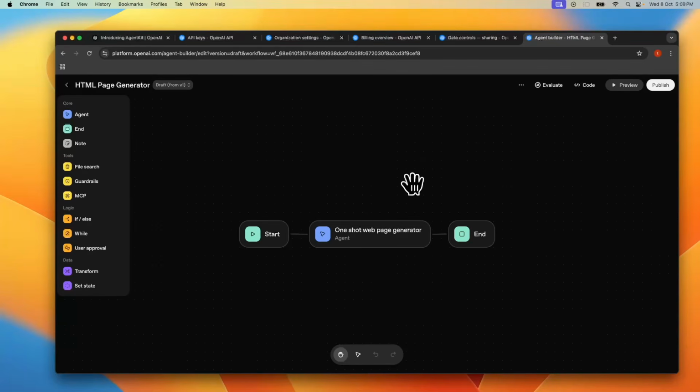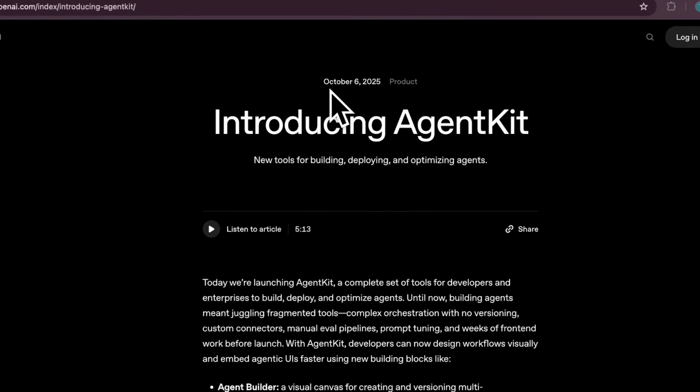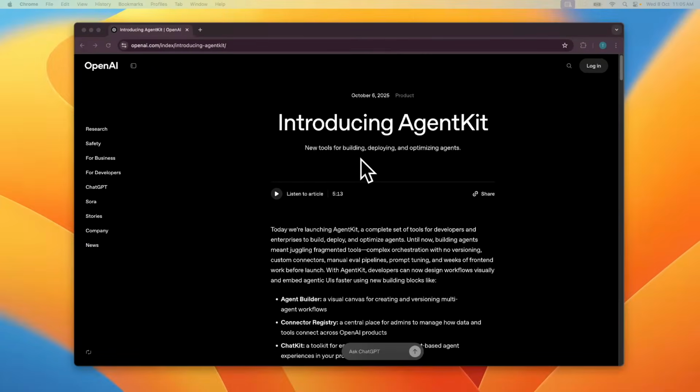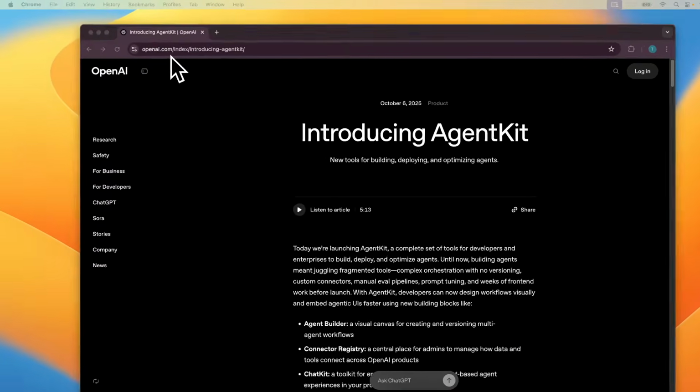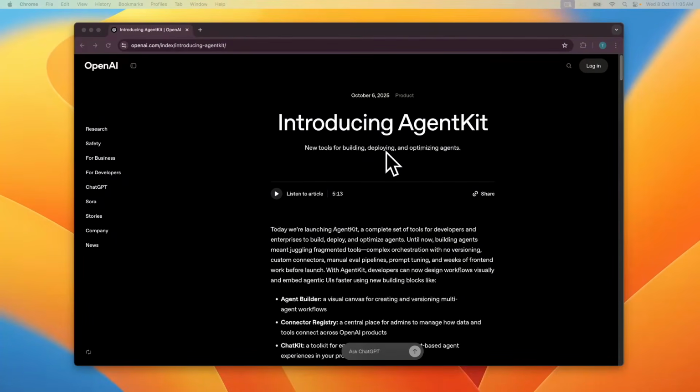this. So let's start. So OpenAI, at their Dev Days conference on October 6, 2025, launched AgentKit, and these are basically tools for building, deploying and optimizing agents. All right. You can look for this blog that introduces this by searching for OpenAI Agent Builder, and you'll get to this page over here, openai.com/index/introducing-agentkit. All right. So this is the blog that they have, which introduces AgentKit and OpenAI Agent Builder along with